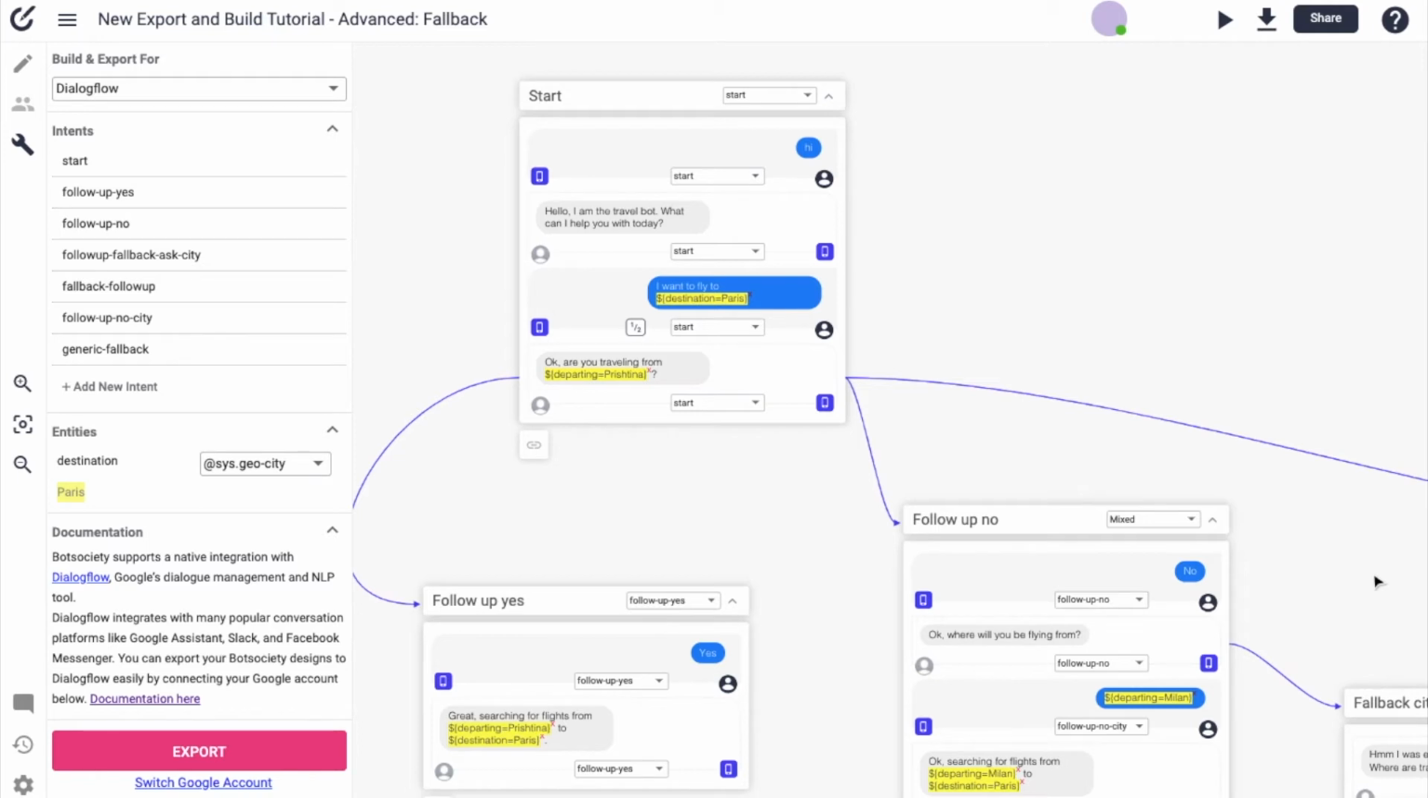Finally, we're at the fallback paths and fallback intents and how to export those. So in this part of the video, we're going to discuss how to export fallback paths to Dialogflow for Facebook Messenger and Google Assistant. It works on Google Assistant as well. So as you can see, I'm on build mode now, but